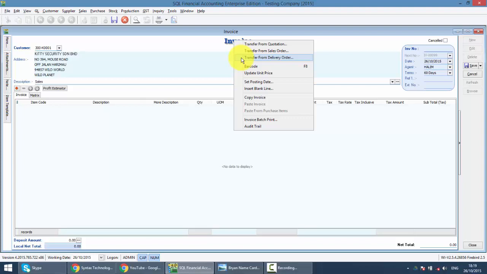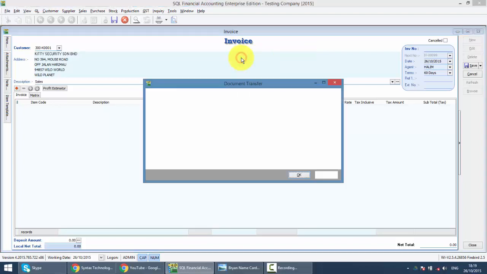If you key in separately without transfer, the system will actually deduct the quantity of item twice, one in delivery order, one in invoice, and also the GST will be counted double, one in delivery order because of the 21 days rule, another one in invoice. So it's very important. If you have created a delivery order, you must transfer over.